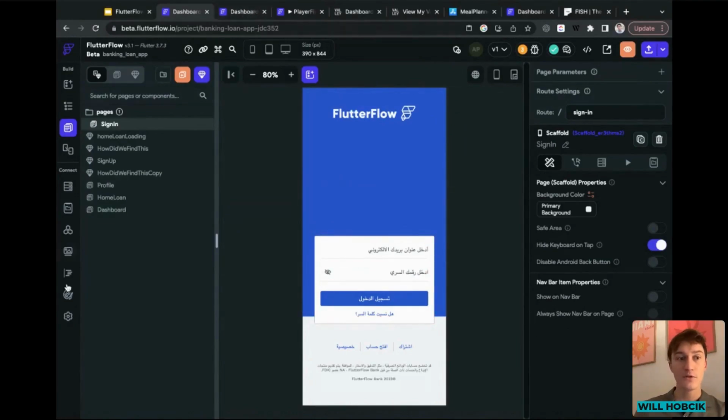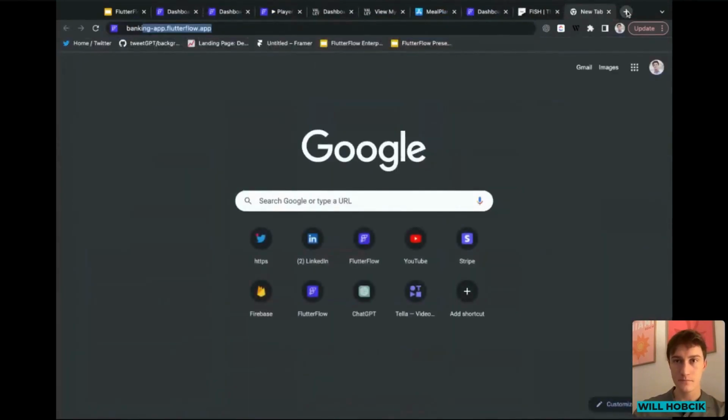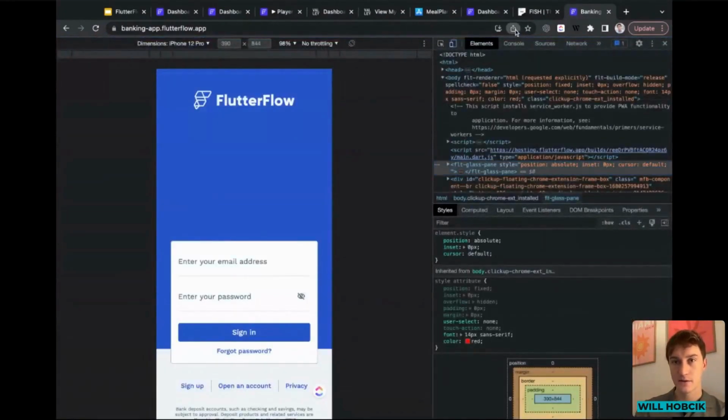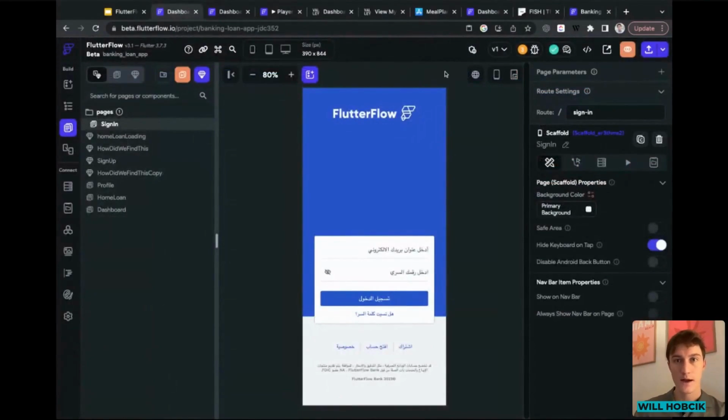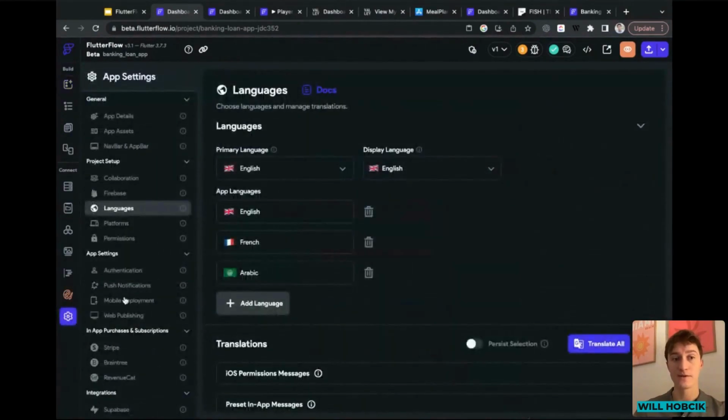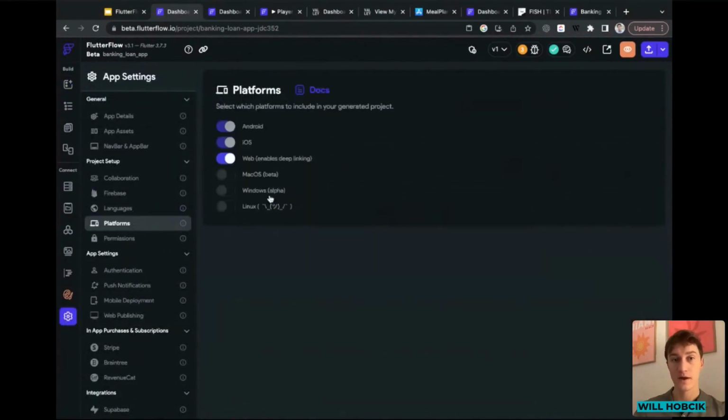So what you can do actually is, if you take out your phones and you scan this, I'll have to stop sharing, but if you scan, here's what I'll do actually. I'll let you scan a QR code and you'll be able to actually use the application and sign up. And this is available for web app because all I did was build this in FlutterFlow and just toggle on web. That's all I had to do. And the users could use this on their mobile device, on their computer. I didn't have to do any extra work.